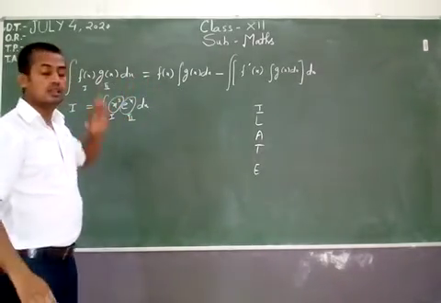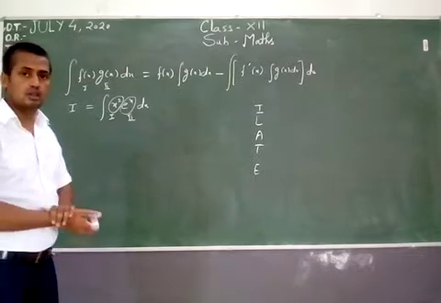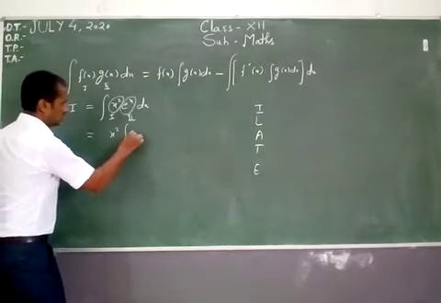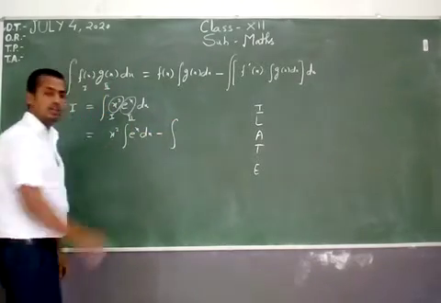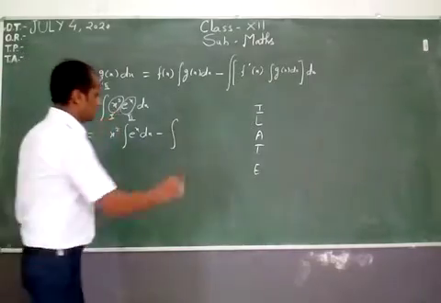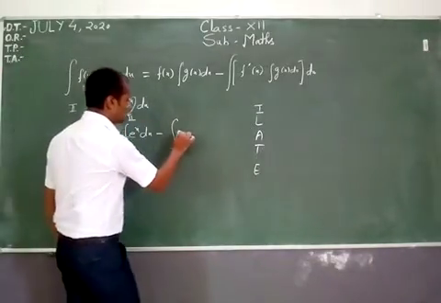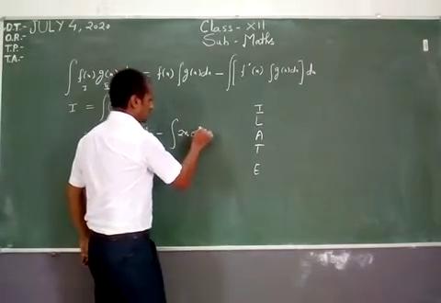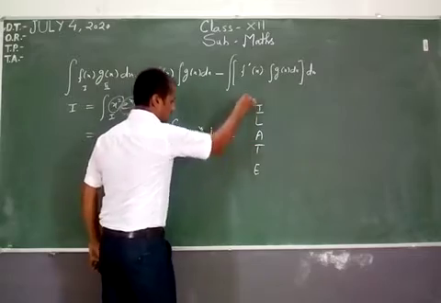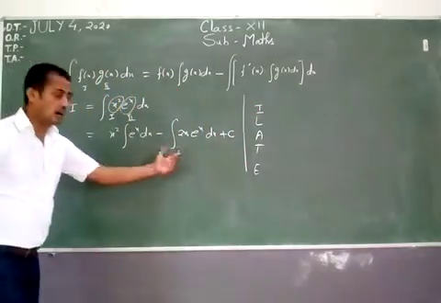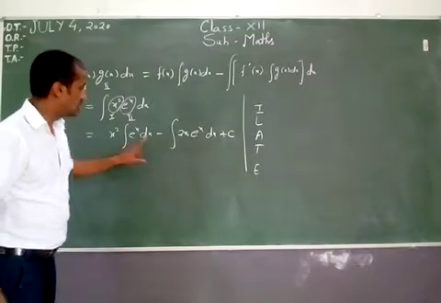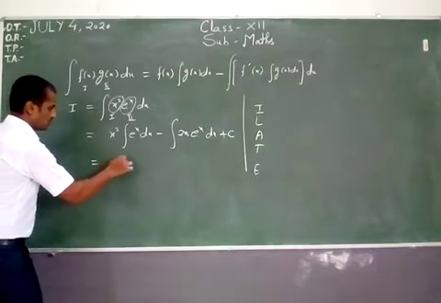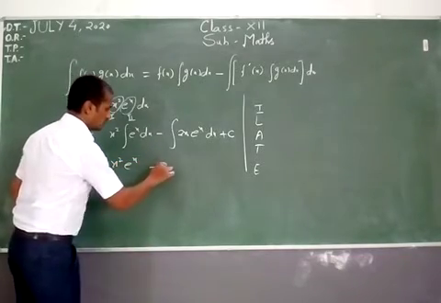Now we can apply the integration method of two functions in multiplication. First as it is, integration of second, minus integral of derivative of first. The derivative of x square is 2x. Integral of e power x dx plus c. Again, we have to integrate the product of two functions, x into e power x.